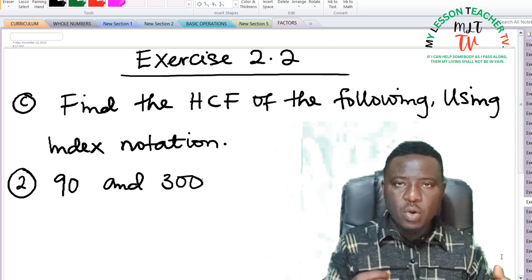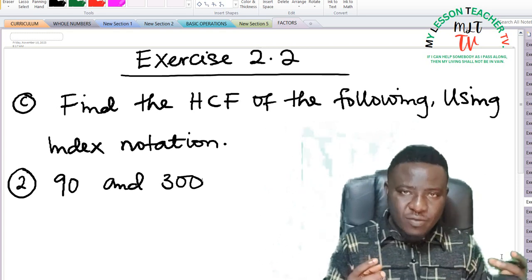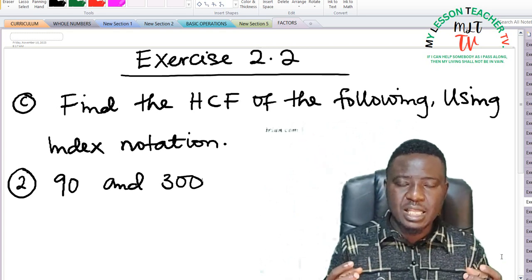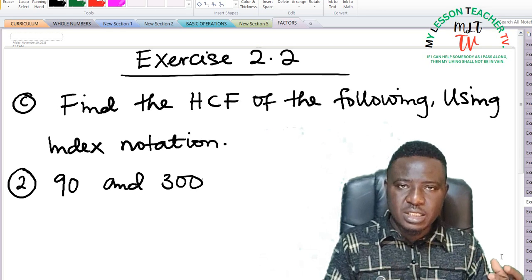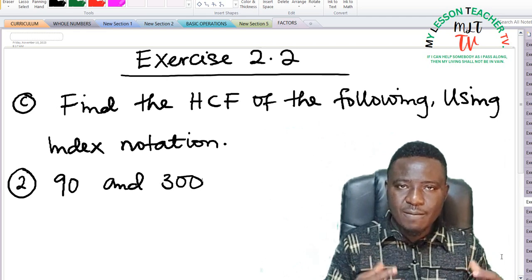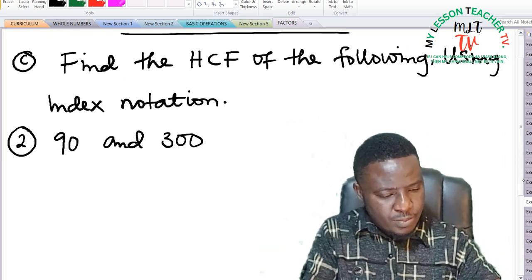In method 2, we shall just look for the common factors and use them to divide 90 and 300, and their product gives us the HCF. Method 2 seems to be faster than method 1, so I shall be using method 2 subsequently in solving others. So method 1,